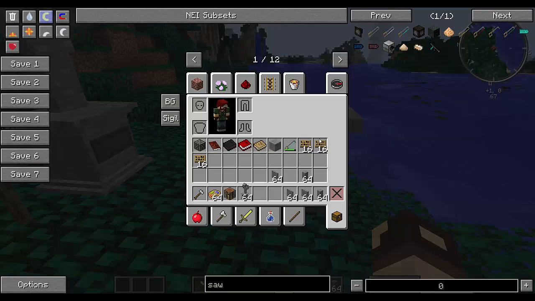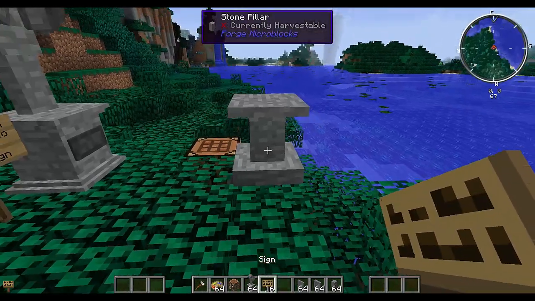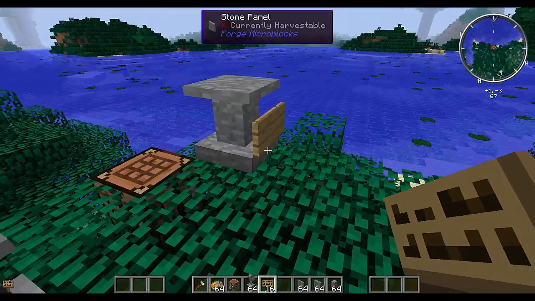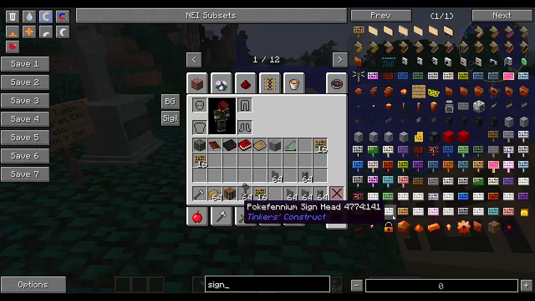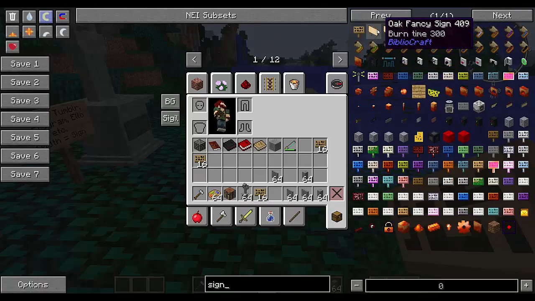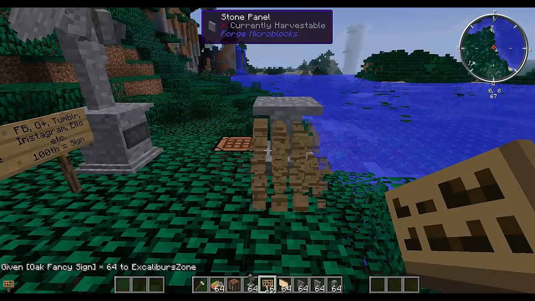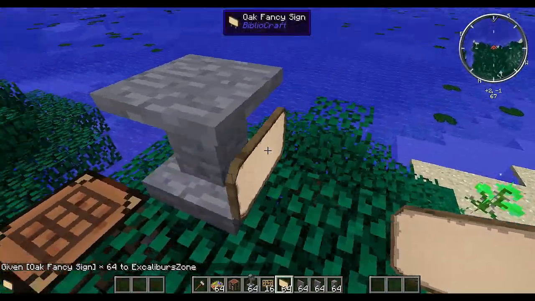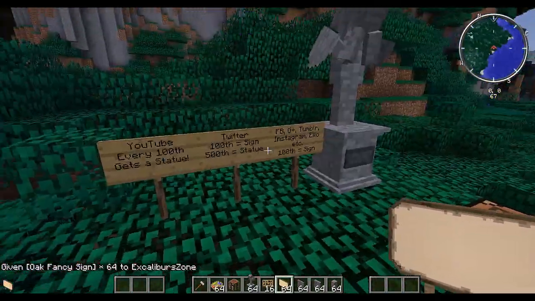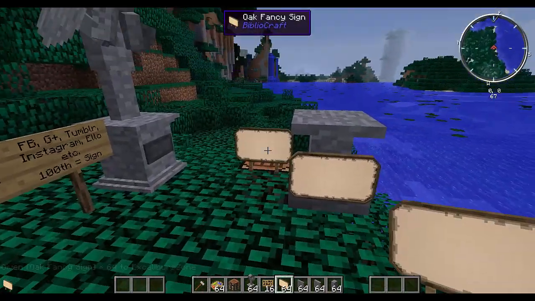And then if we put a sign, we could put it right there. Let's take a look at signs. There are flat signs, and I think that's what these are right here. Yeah, well, let's try one. No, it's the same, but we can go to these signs instead of those.